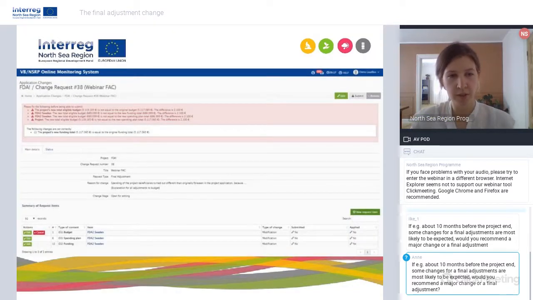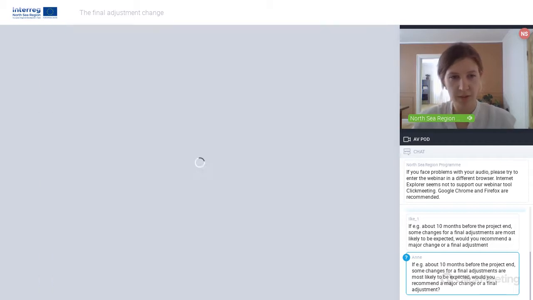The OMS will then notify you with a couple of messages that you cannot submit your change request yet. First of all, because the total budget of the project has changed, but also because you have to adjust the funding table and the time spending plan table in the application form. So we will skip a couple of steps here. I will not show you how I adjust all these things, but in the next screen, you can